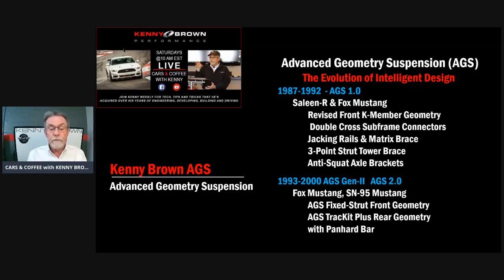And then in 93, we kind of upped it a little bit. We carried over the front geometry, except changed it into what I called fixed strut. And that happened one night when I was working on a car, and it was a gas charged shock strut,